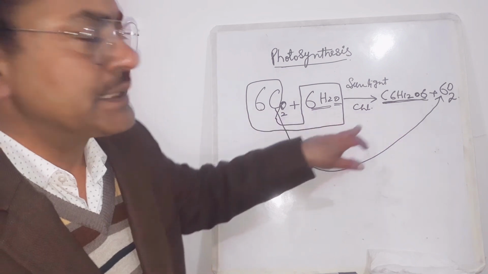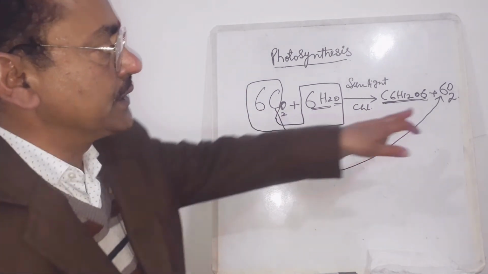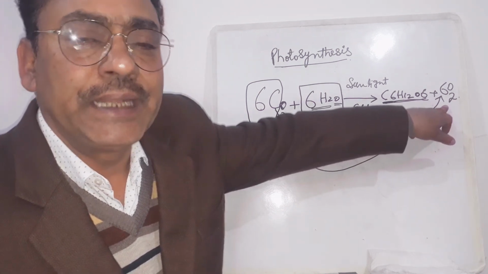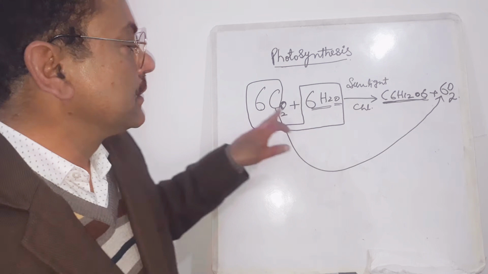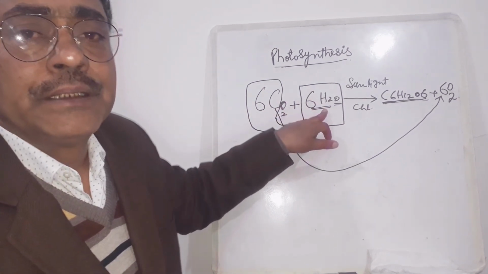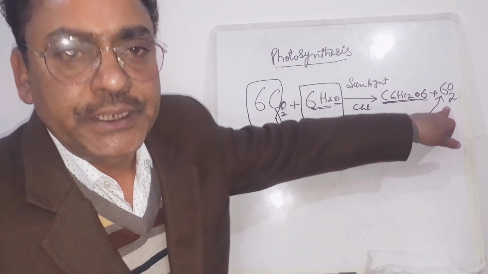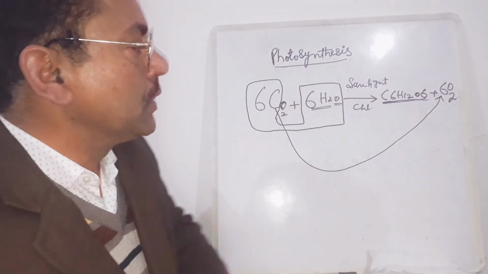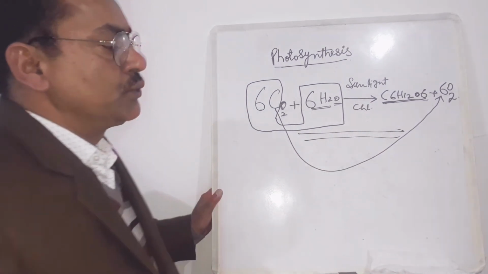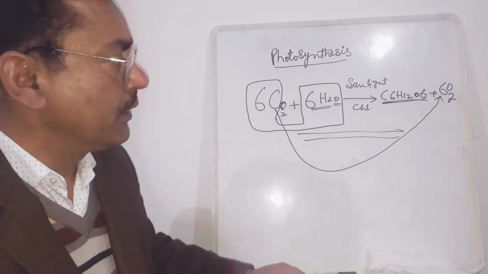However, this is not a fact. The fact is that this oxygen which is evolved in the process of photosynthesis never comes from carbon dioxide, but it is always water that furnishes photosynthetic oxygen into the atmosphere. So this is a wrong equation. That is why it has put plant physiologists into trouble for many years.